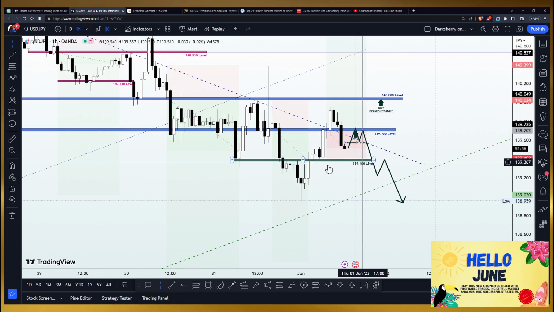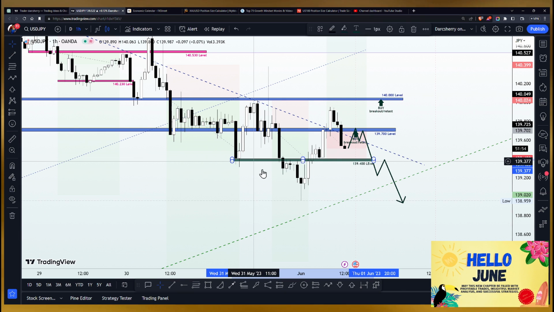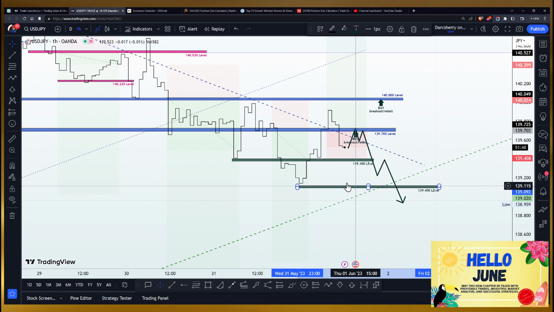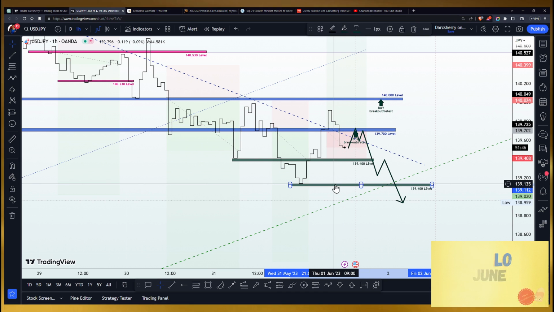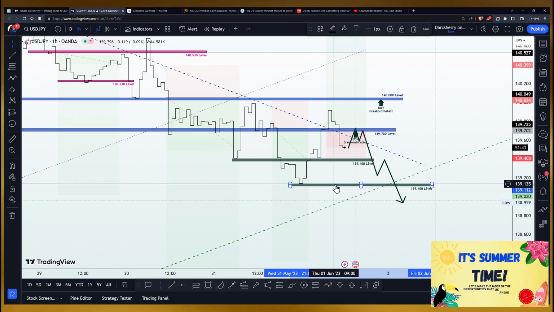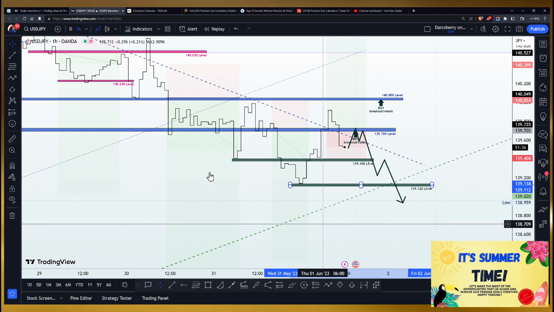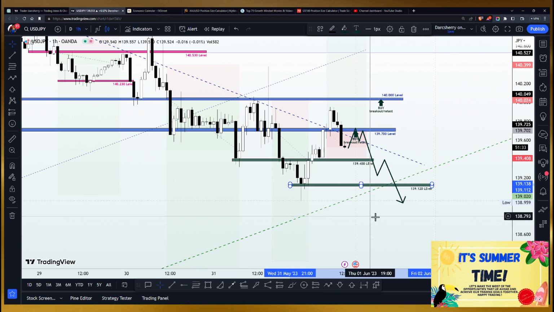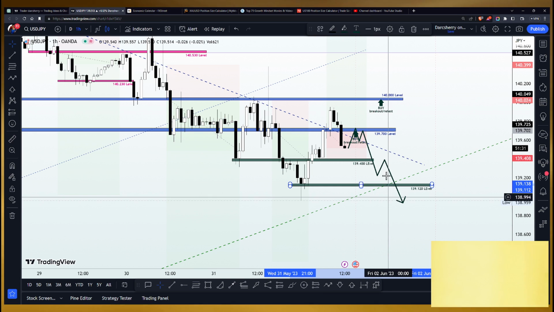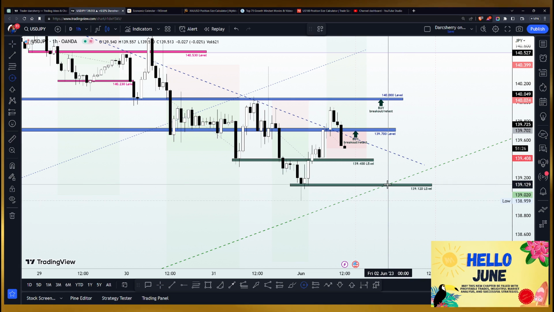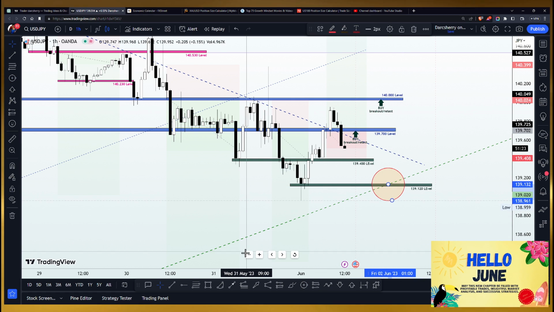So to make things a little bit easier for us to capture any potential opportunity around that trend line, we want to identify the support line there, which falls exactly at around the 139.120. So let's label it out for the sake of clarity. So we have the 139.120 level placed right there. It shares a confluence with that trend line, the support line of the ascending channel. So we shall be waiting to see how price action reacts to that level. Whatever happens here will determine what our next line of action will be for today.